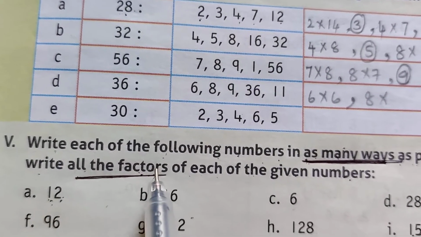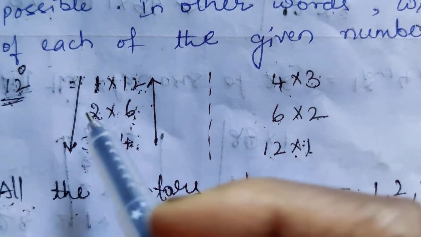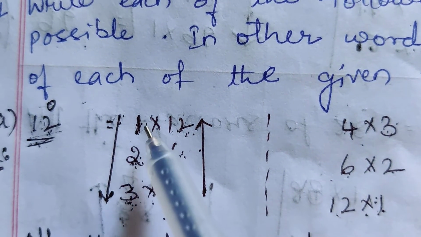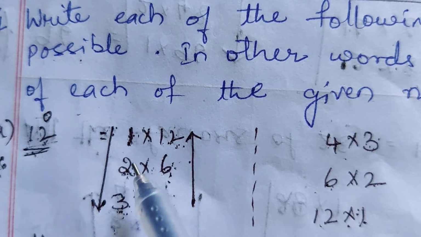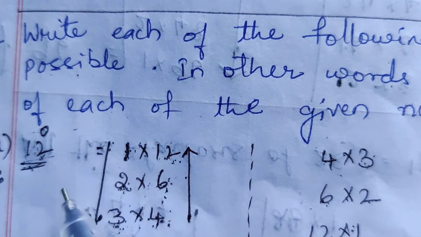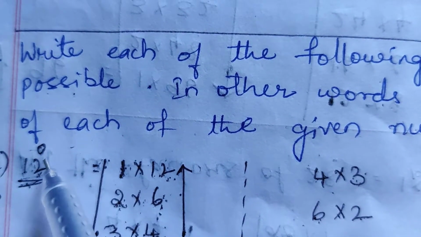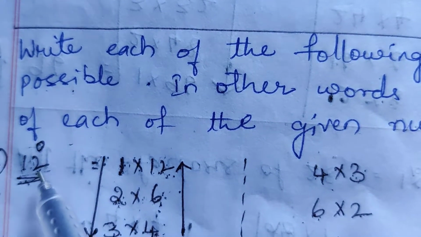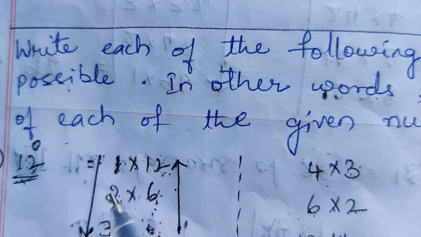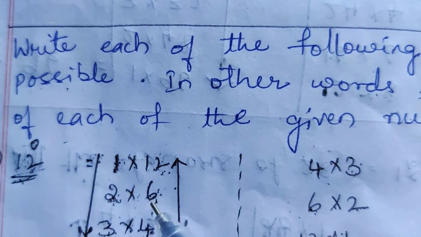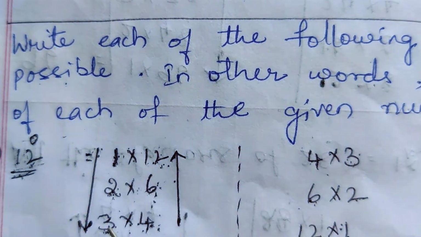All the factors of 12, we will see. Now, we are going to check from the 1 table. 1 into 12. Then we need to check the next number, that is 2. So, how to check for 2? We need to use the test of divisibility. The ones place number should be an even number. So, 2 is an even number. 12 is divisible by 2. 2 sixes are 12.